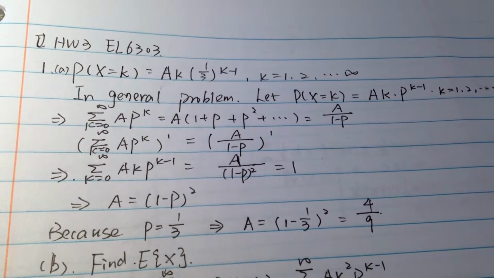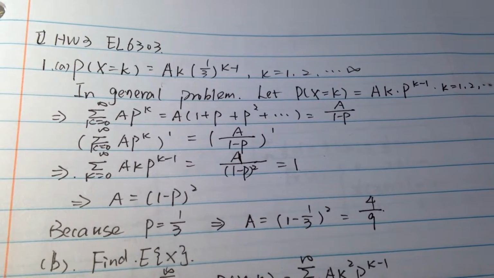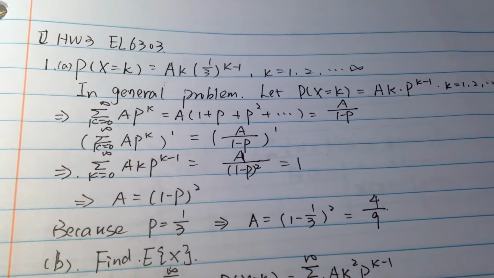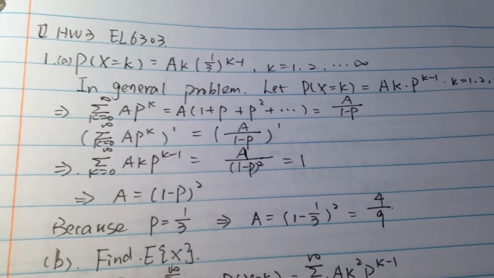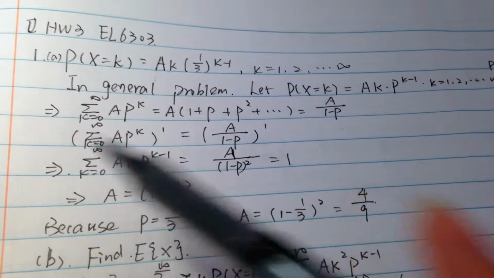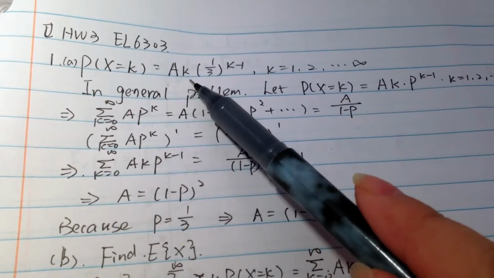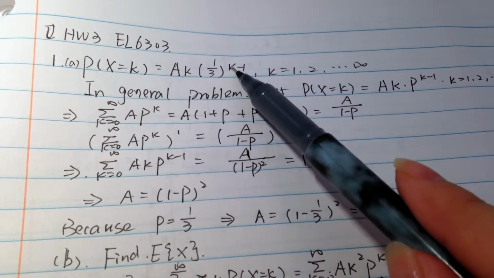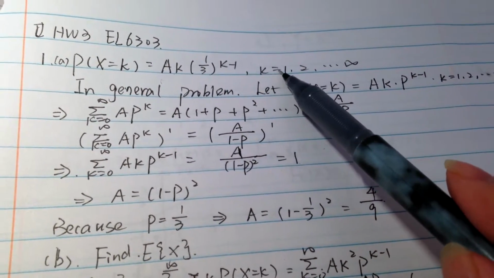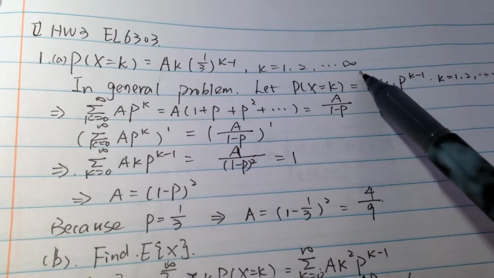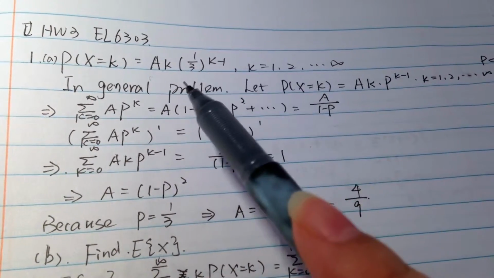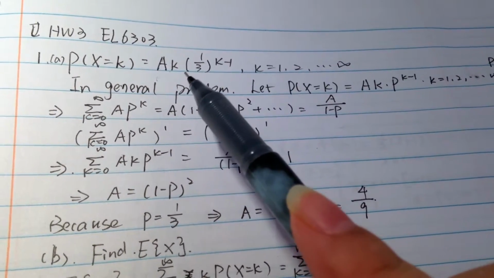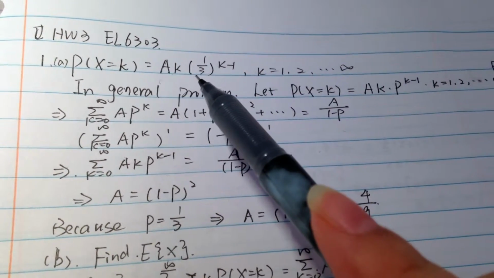This video is Homework 3 first problem for class EL6303. The first question is: we know the probability of X equal k equal to a times k times (1/3)^(k-1), k equal to 1 to infinity. And the first problem is to find a so that the probability of X equal k represents a probability mass